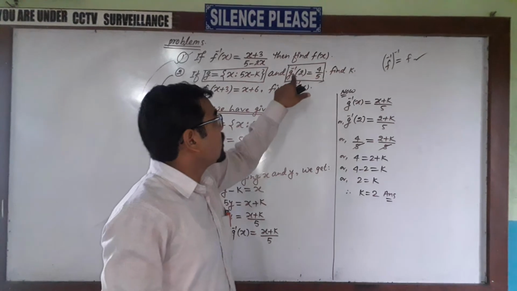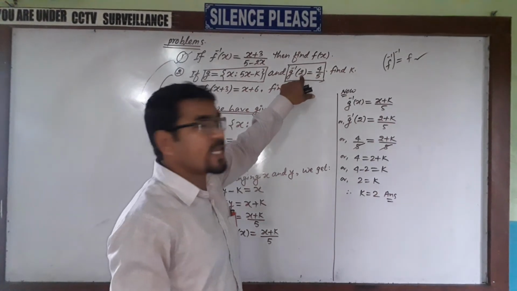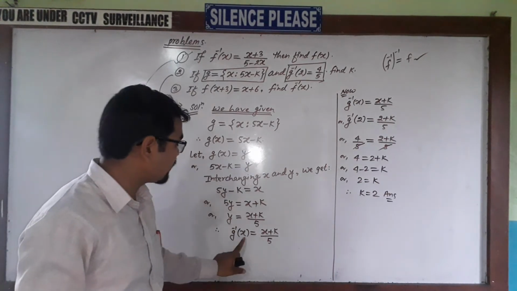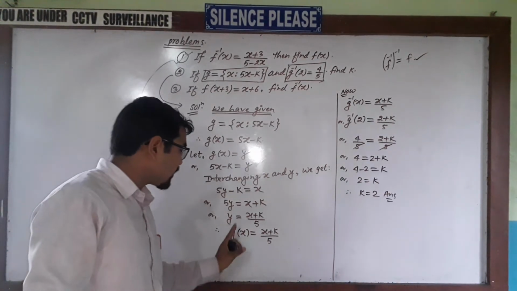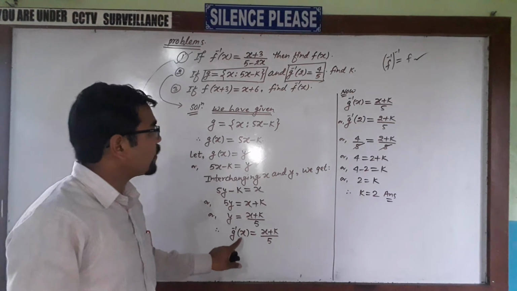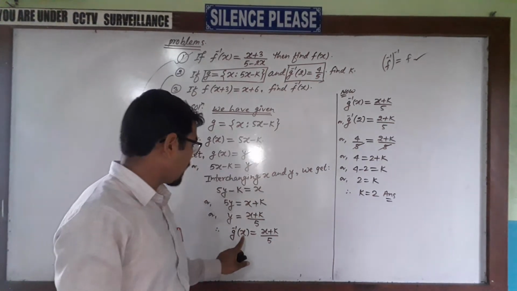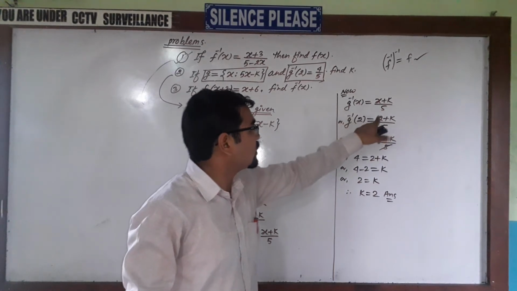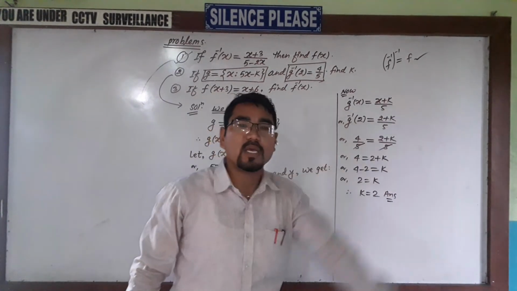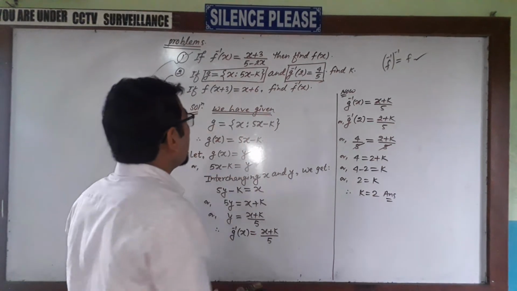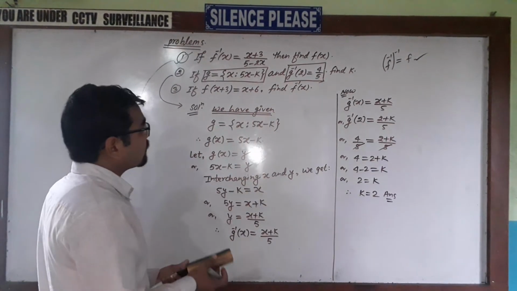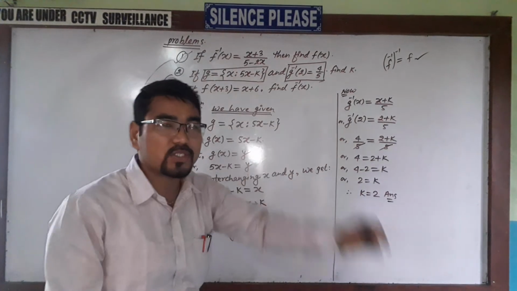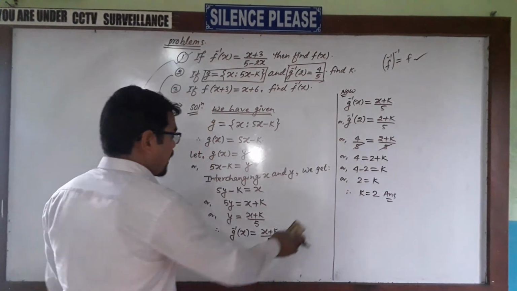First of all, before finding G inverse 2 directly, we have to find G inverse x. We can find G inverse x like this. In G inverse x, in place of x, we put this 2. So in place of this x, putting 2, we get 2 plus k upon 5. Then you can do it normally. I hope that after these two questions, number 1 and number 2, you can solve this type of question very easily.